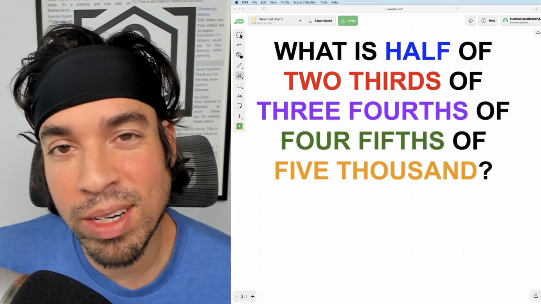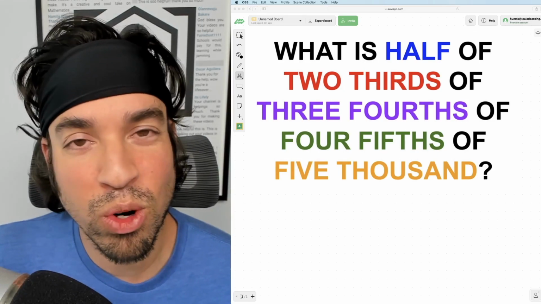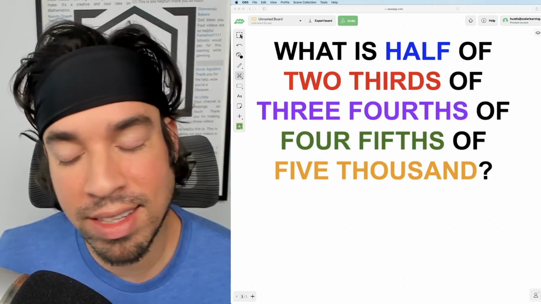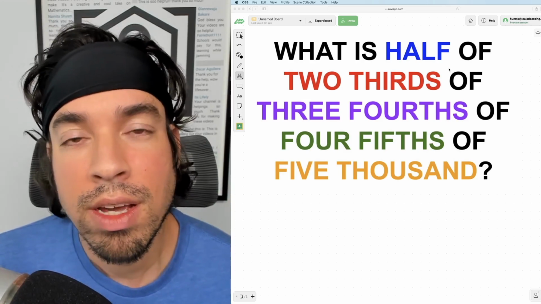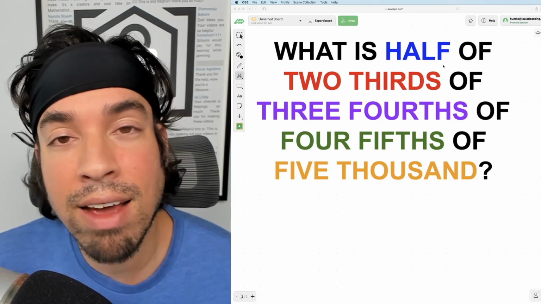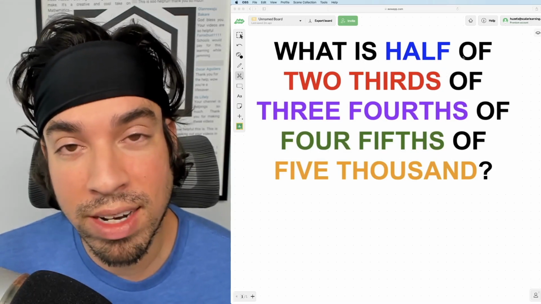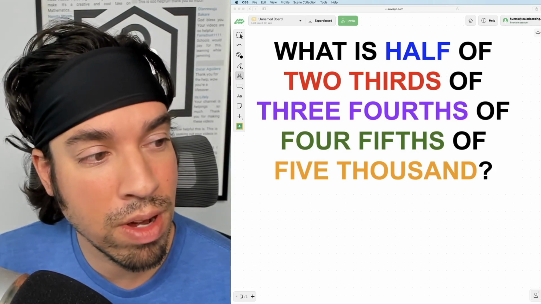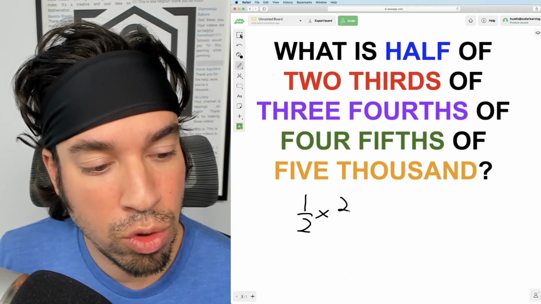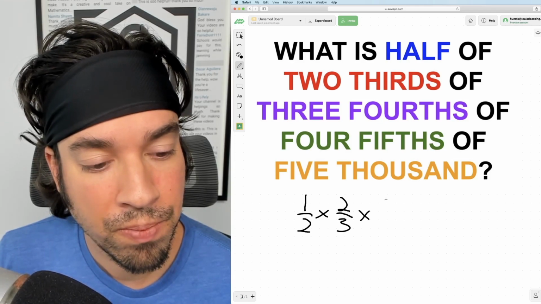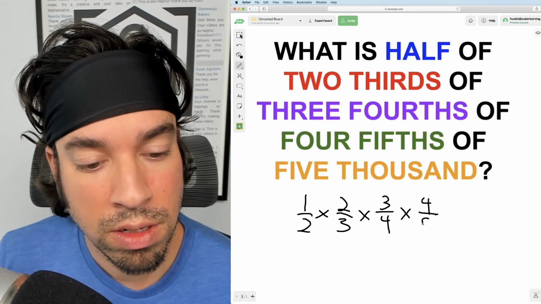So there's no secret here in terms of how we've got to start this one. Of course, we've got a math problem written out in words. Objective number one is to translate this into numbers. And this word "of" is very important in math. Usually, I would say almost always, when we see "half of," "30% of," we're talking about multiplication. So that word is a great indicator of multiplication. So let's write it out as follows. We've got 1/2 of 2/3 of 3/4 of 4/5 of